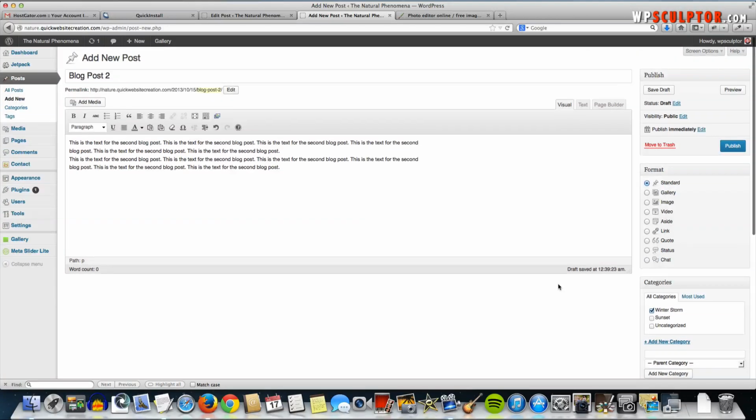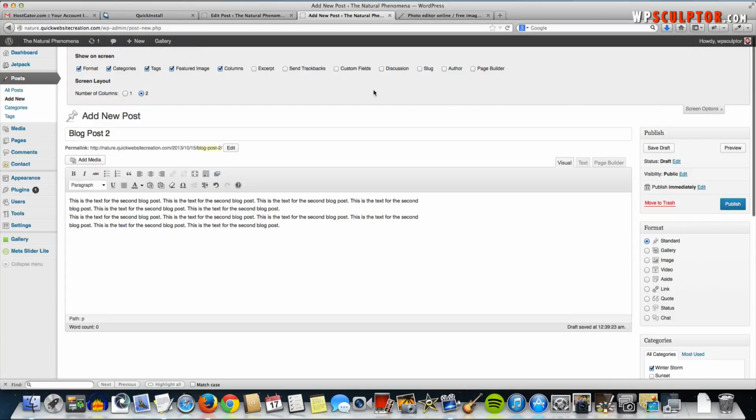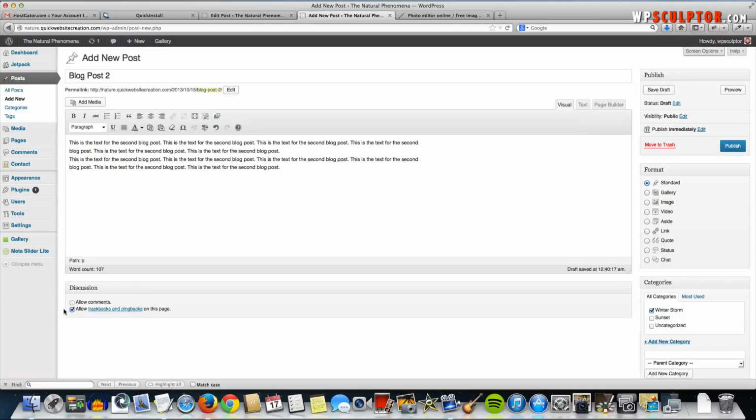Alright, before we publish this, I'm going to allow comments on this particular post. And to do that, just again, screen options. To drop down all these options, click on discussion. That's going to pull up this discussion box. Then we can click screen options again to minimize that. And then I'm going to select allow comments. And now when I publish the page,